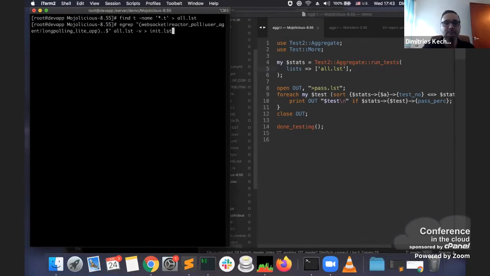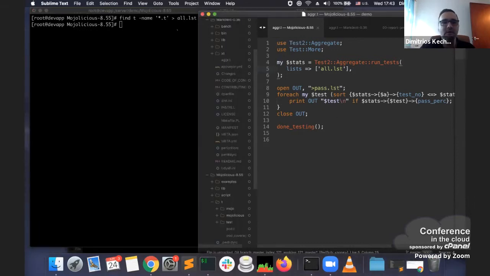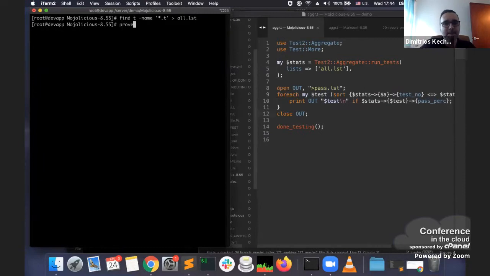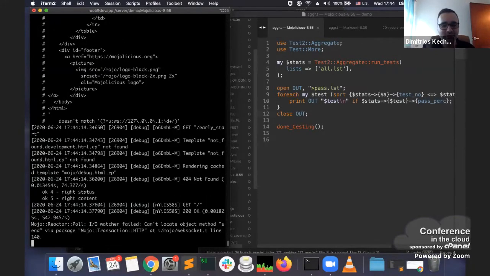So all.lst, and I will run this. And here I have a printout of any tests that pass. So we will use this later. But first, let's see if they can actually pass. So there is the first lookup. Now,